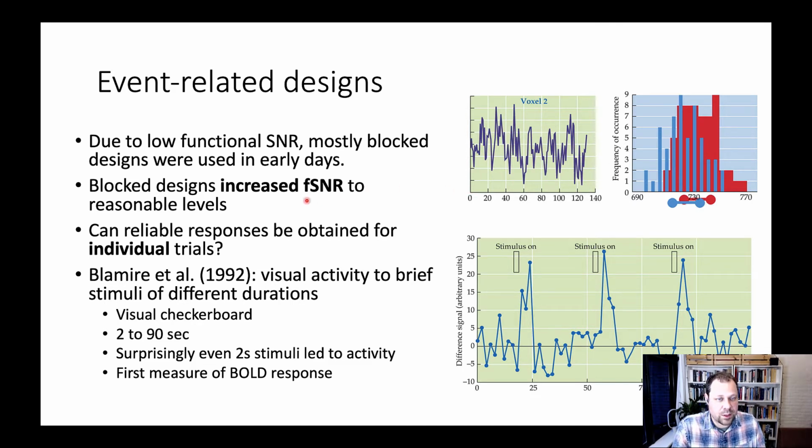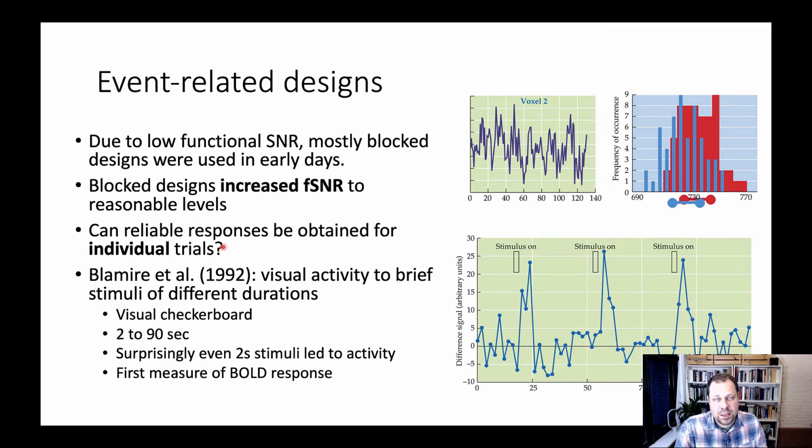So mostly block designs were used in the early days because block designs were known to increase functional SNR to reasonable levels. So we have high detection power with block designs. But because event-related designs are important in many domains of cognitive sciences and even in neuroeconomics, people started thinking about, can we reliably